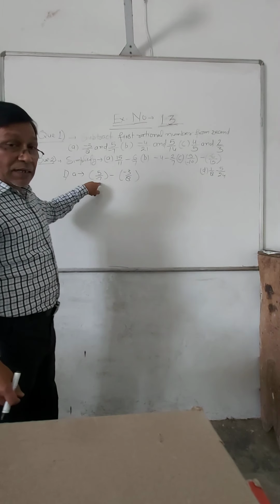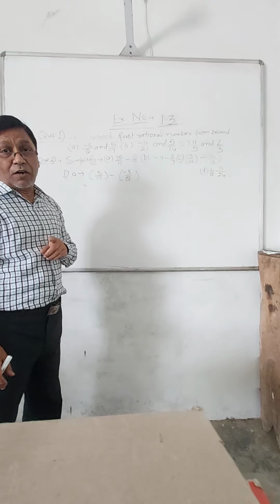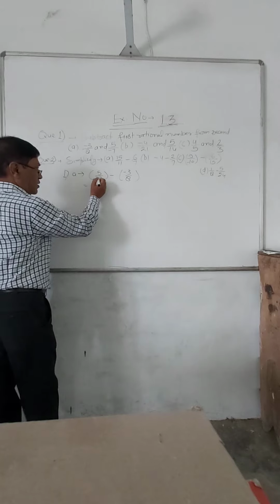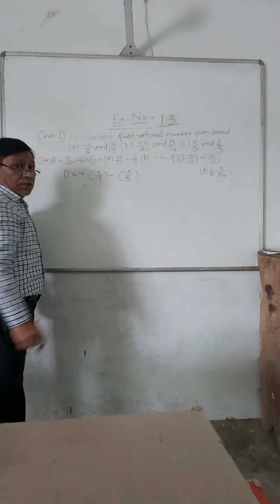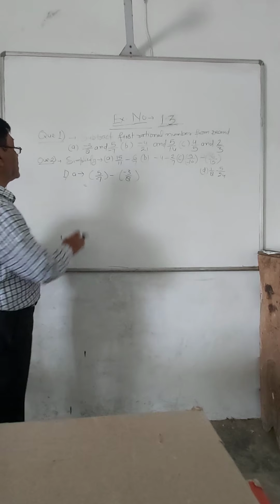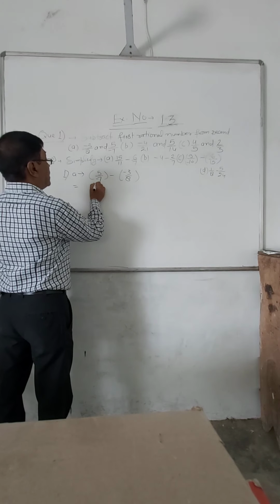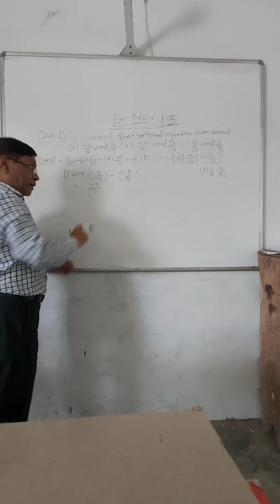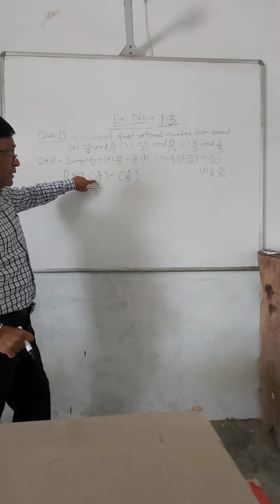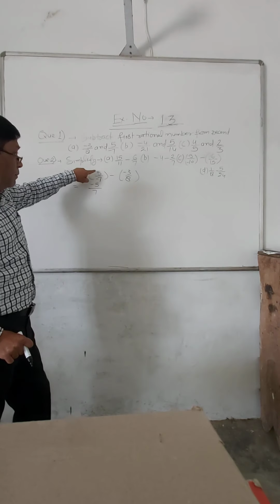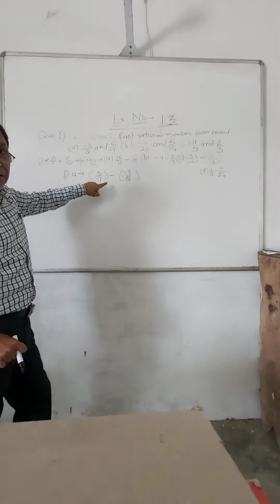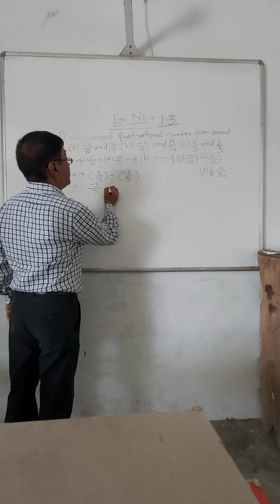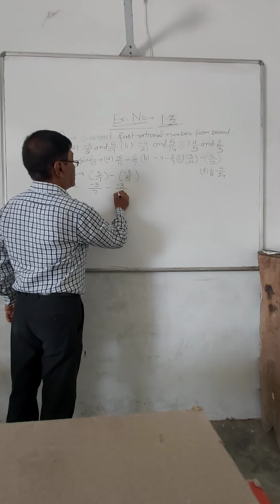First see whether any denominator is negative or not. If it is negative, first make it positive, as you have done in earlier classes also. So for making this positive, 5 by minus 7, you make both numerator and denominator negative; multiplying the two negatives, it becomes positive. So instead of 5 upon minus 7, you can write minus 5 upon 7. Again minus 3 by 8.